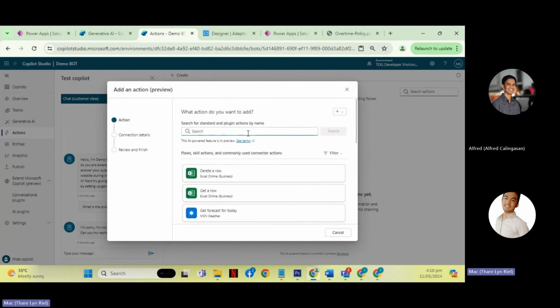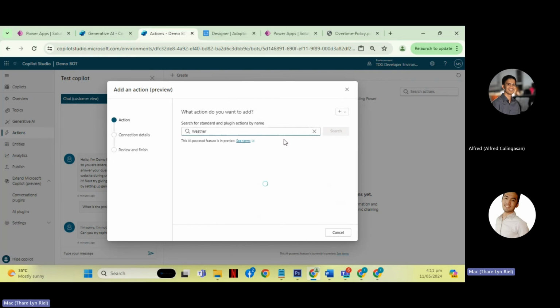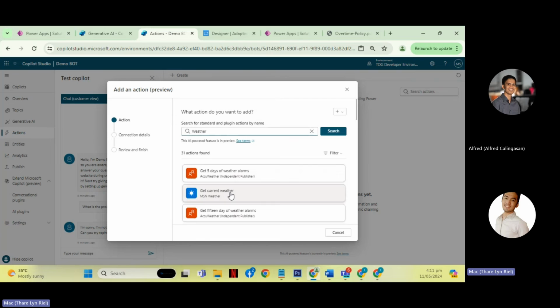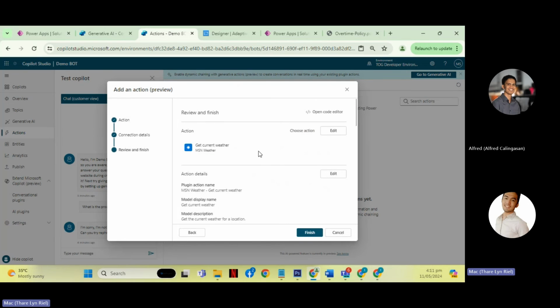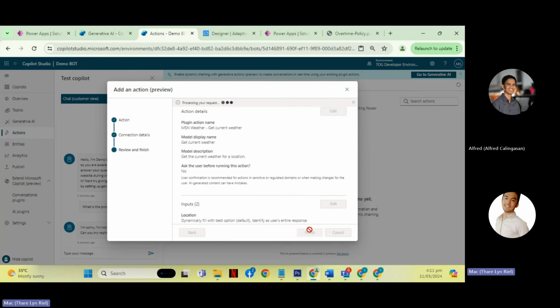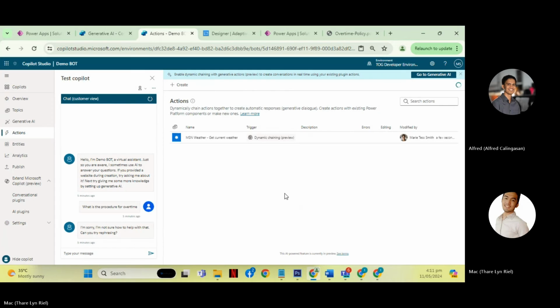And then let's try to create an action, a weather action. So, get current weather. Into next, just click next, and then okay, let's click finish. Once you do that, it's added to the action list.